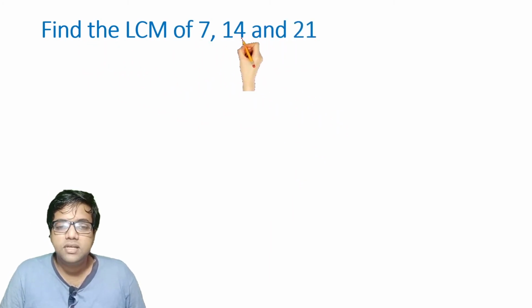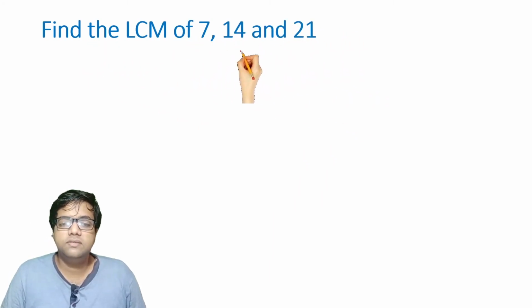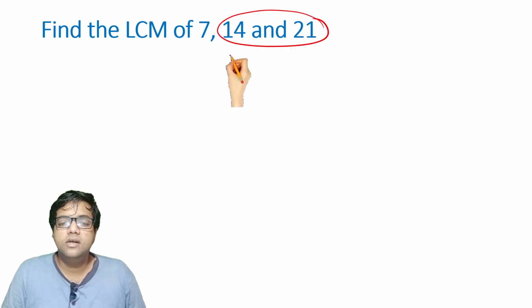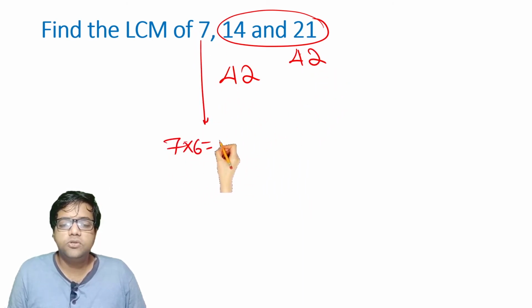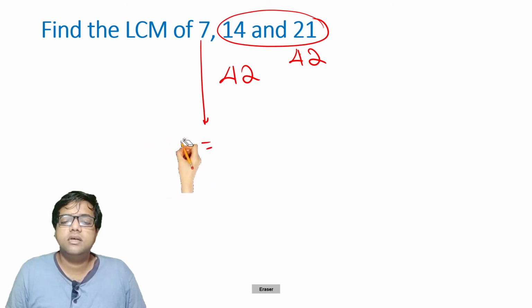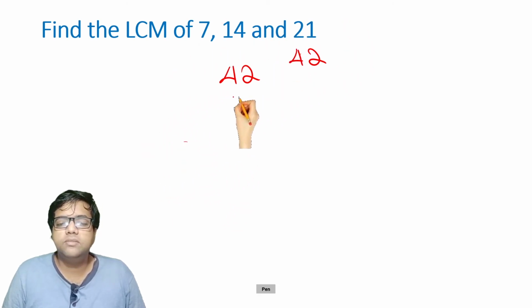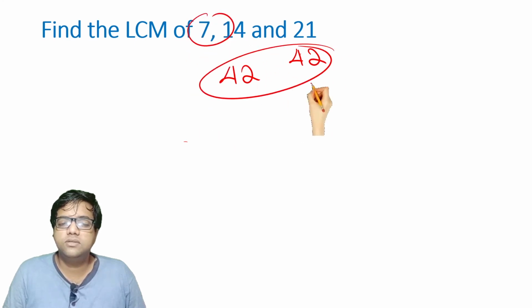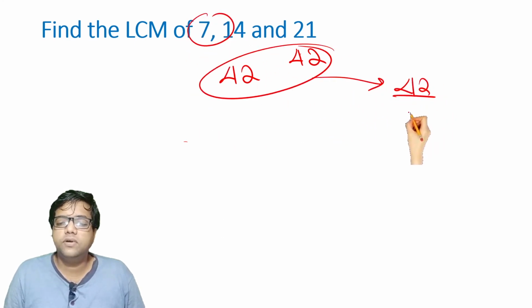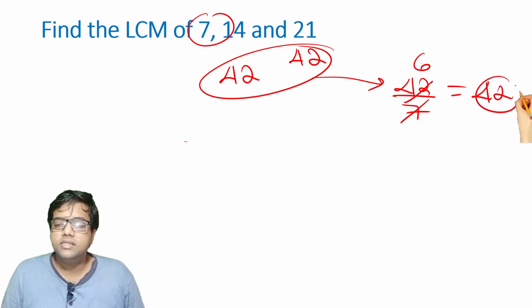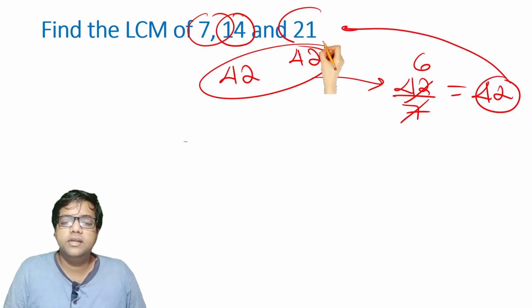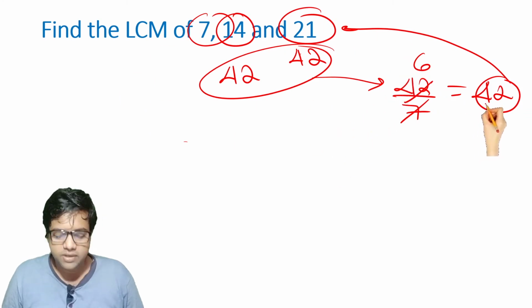So find the LCM for 7, 14 and 21. Pick up the larger two numbers only. 14 3s is 42. 21 2s is 42. So 7 6s is also 42. This method also you can find it easily. Suppose you only want to find two numbers and you want to check whether this number is the LCM or not, then what you need to do? Pick up 42, divide it by 7, check whether it is divisible by 7 or not. It is divisible. 7 6s is 42. So therefore 42 is the LCM for 7, 14 and 21. For all the three numbers, the LCM is going to be 42.